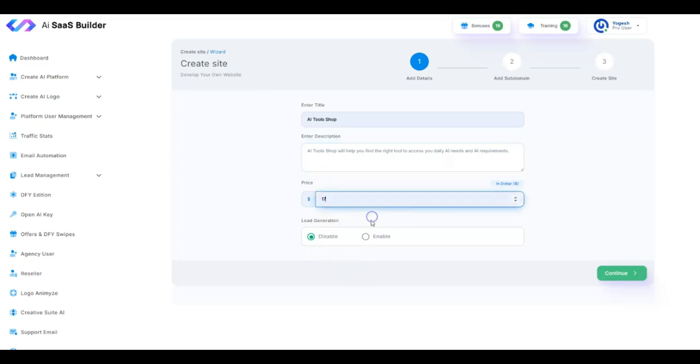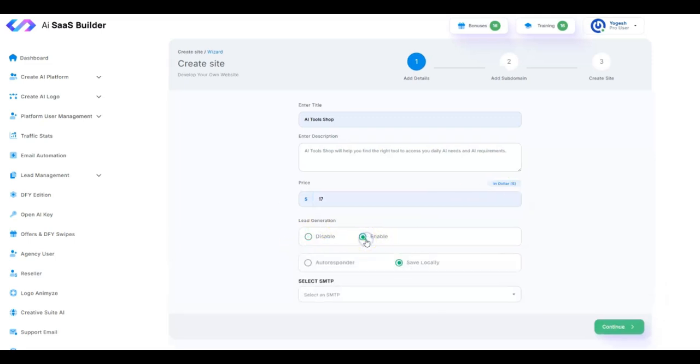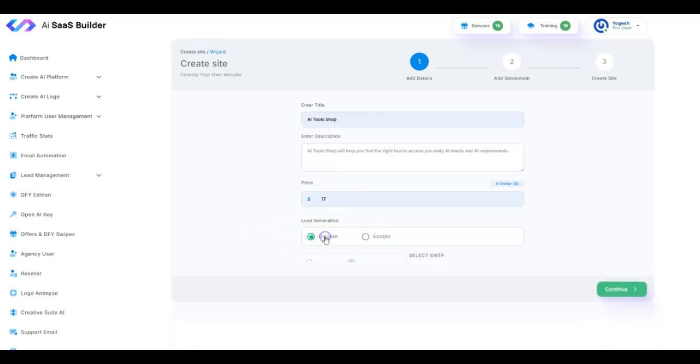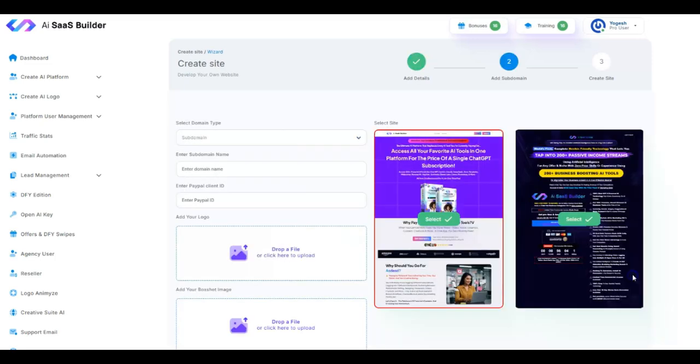So the pricing, I'm just gonna keep that as $17, and you can enable the lead generation. So if you have got your own autoresponder, you need to sync in with this, and then you need to create a specific SMTP on where you want to capture your leads. So I'm just gonna leave it for now, and I'll show that to you in the later stage of this video. So all you have to do is now click continue, and once you click on continue you need to